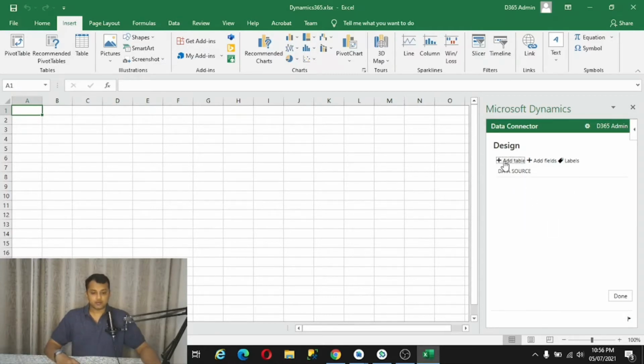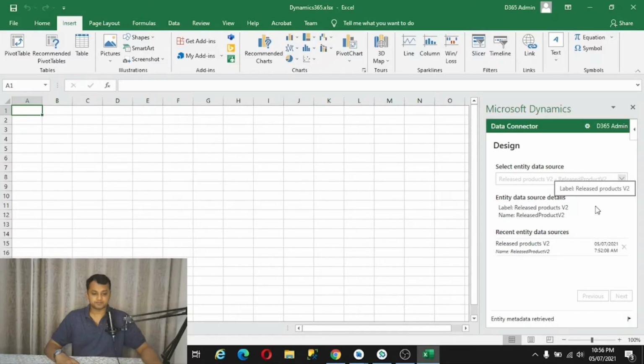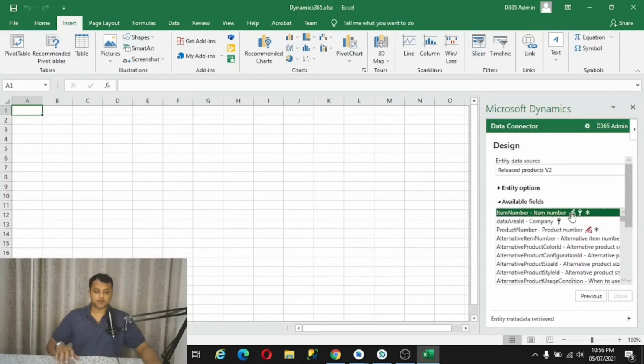Now in the design you will click on add table, and here you will be seeing all the data entities. For our example, I am going to utilize released products and click on next. You are presented with all the fields available for you to select.